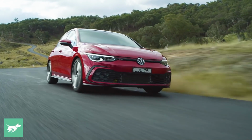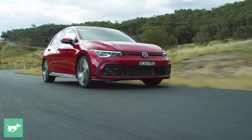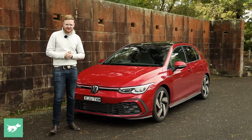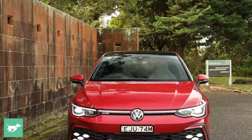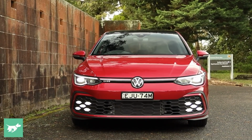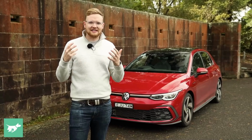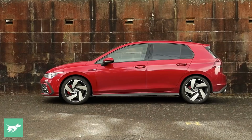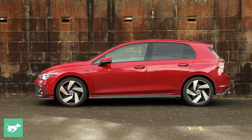To say that the Golf GTI is an important hot hatch would be an understatement. The GTI was the progenitor of the hot hatch segment. This one is the 8th generation version, and it's safe to say that the Golf GTI has come an awfully long way from its humble origins. This is now a fully featured, luxurious, refined hatchback that also promises a decent amount of punch, but a familiar